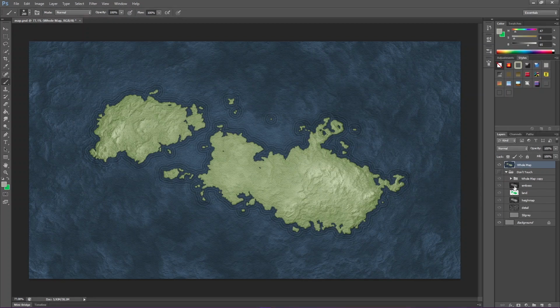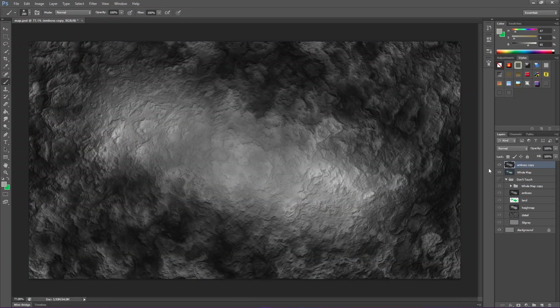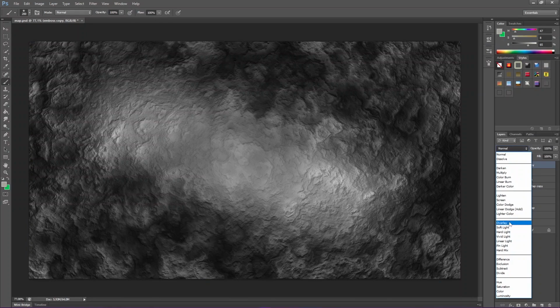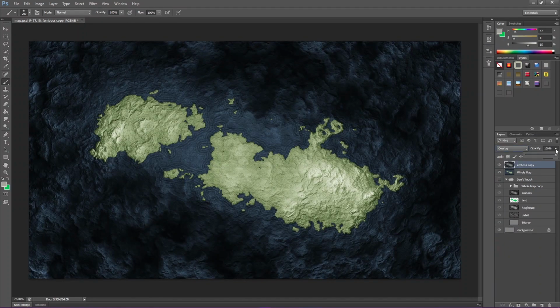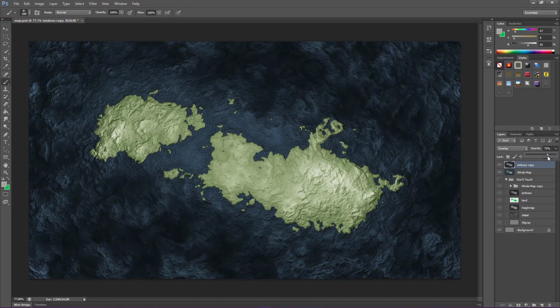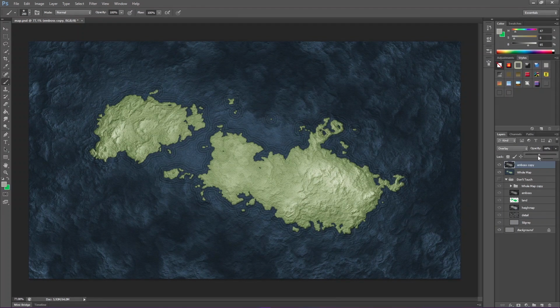So I want to take my emboss layer from earlier and I want to overlay it. Now this is quite extreme, but we can bring it down a little bit.